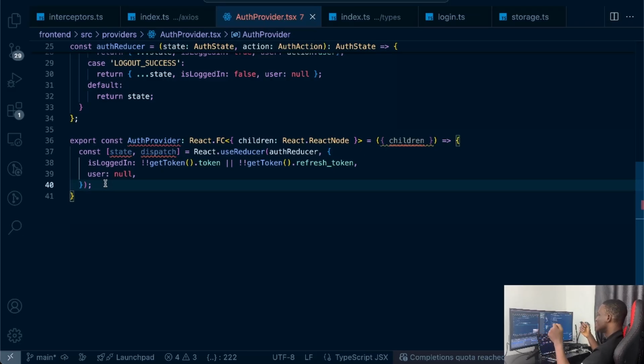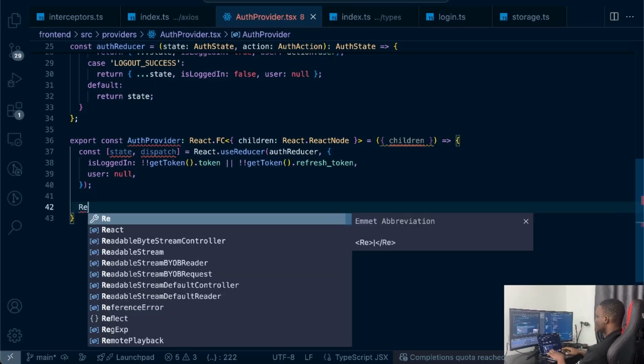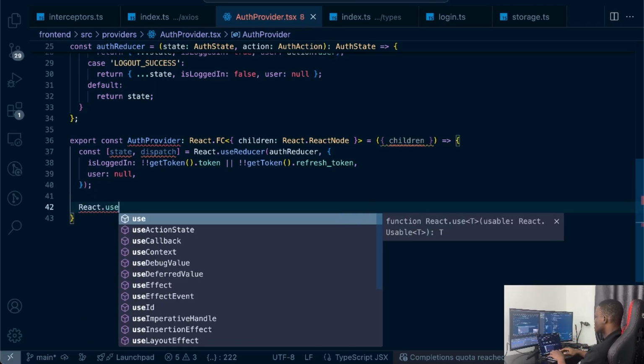What we want to do is actually use the token that we have to fetch the user's data, because the context expires every time a page is being reloaded. The context expires, so we need a way to always fetch the user's data from the token. So we're going to be using the useEffect to actually do that. So this will be React.useEffect,